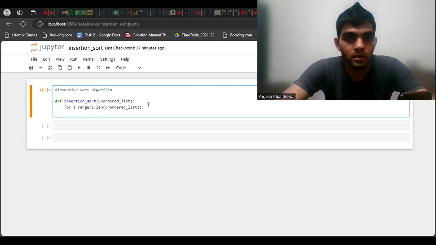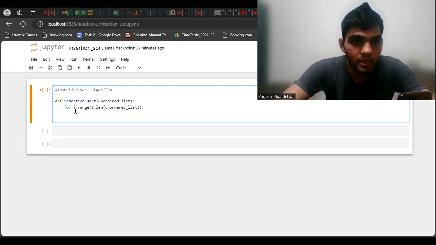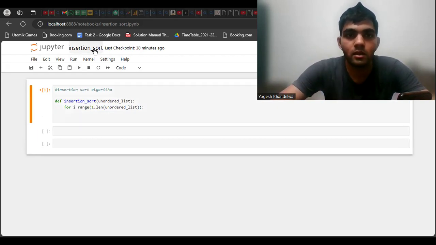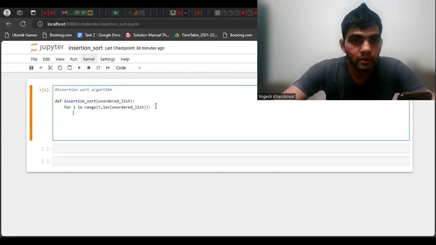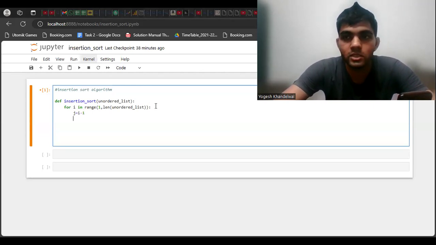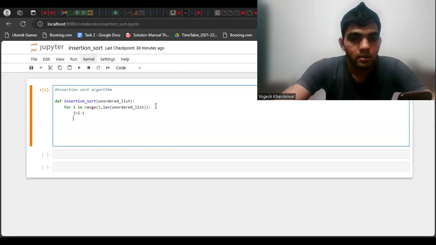So we will start by taking i equal to 1, and then we go 2, 3, 4, up to the end of the list. So we define one variable, j, equal to i minus 1. Then we define next element equal to unordered list of i.